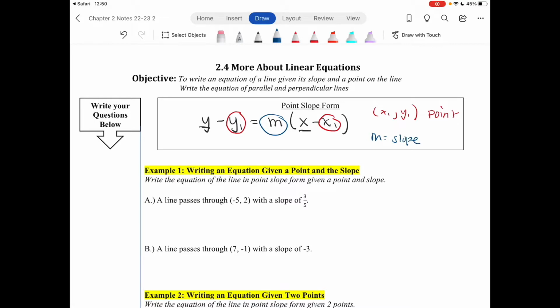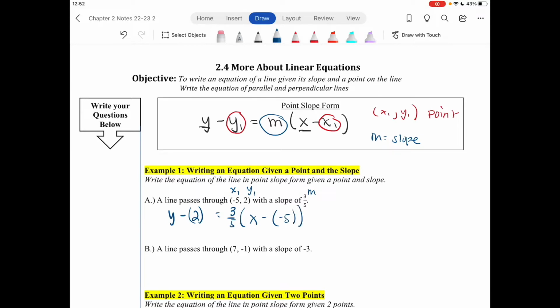So if we look at our first example, if we want to write an equation given both the slope and the point, we just need to plug them into the proper place in our general formula. So we have a line that passes through negative 5, 2. So negative 5 is x1, and 2 is y1, and then the slope is going to be 3/5. So we're going to have y minus y1, which is 2, equals our slope 3/5 times x minus x1, which